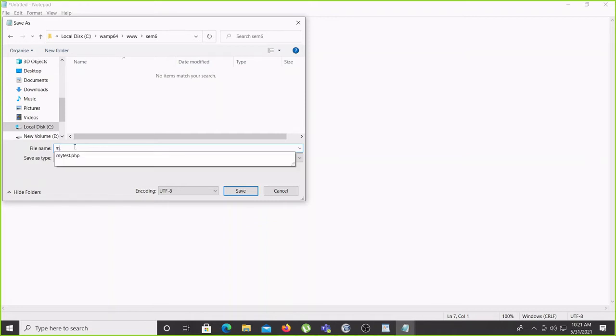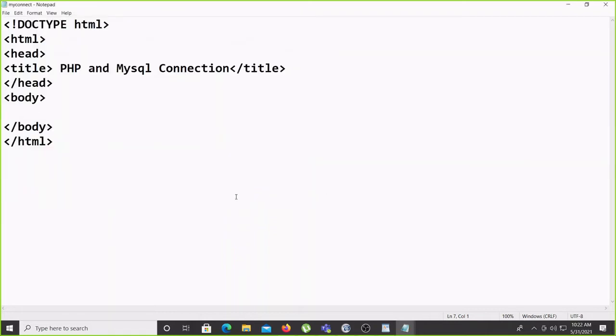So I can write my connect.php, and put it inside double quotes so there's no chance of error due to Notepad. Yes, done. So I created the basic PHP file, but the code is only the basic HTML5 structure.